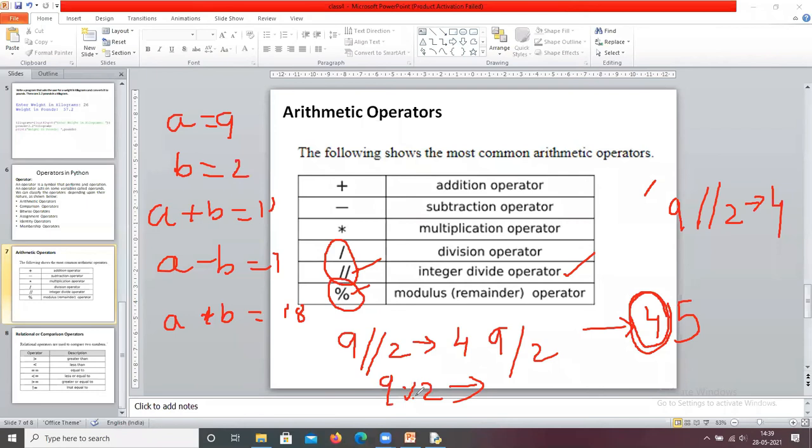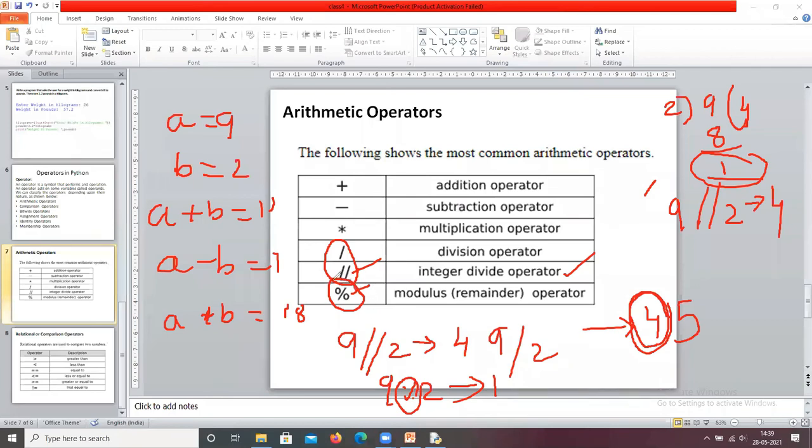This percentage operator is called the modulus operator. 9 percentage 2 returns the remainder. When you divide 9 by 2, the remainder is 1. So it returns 1 as an answer. Remember this remainder operator.